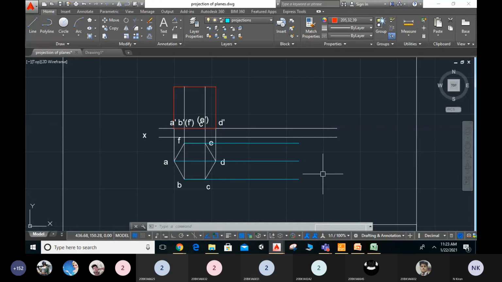Did you get my point? Yeah, sir. Only the difference is like this. And in the case of inclined, again what we have to do, we have to select this portion and we have to incline this exact